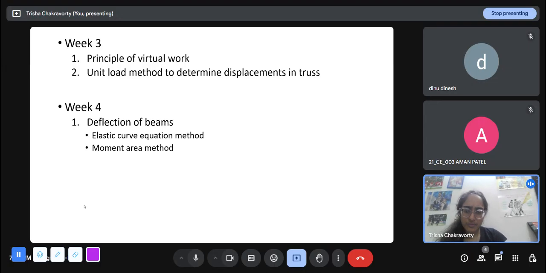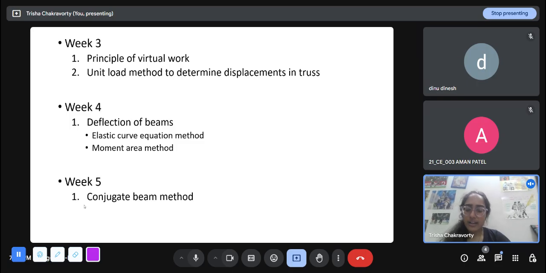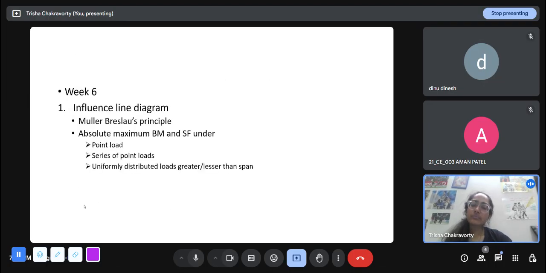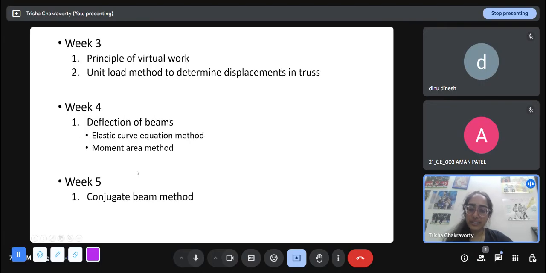And there are two other methods, the moment area method and the conjugate beam method, which are shortcut methods that do not go into the basic differential equation, but are a set of rules or laws that you can use to quickly solve the slope or deflection at a certain point. And these two need practice because you have to identify which points you are going to use.